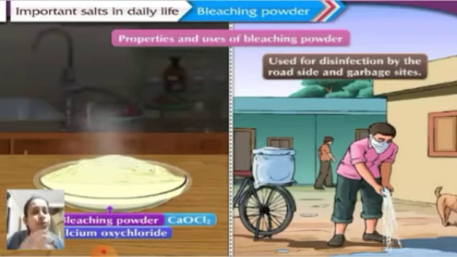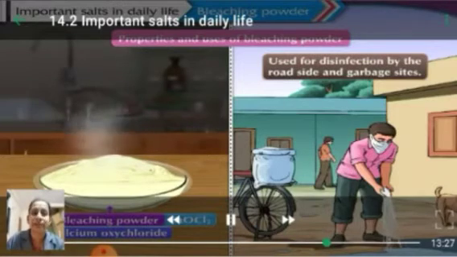That is why whenever you go to a swimming pool, you will get the odor of chlorine gas. Even after the rainy season, when you get the municipality water from the tap, you will get a strong odor of chlorine. It's because chlorine is a very good agent for killing microorganisms, and therefore for disinfecting. Therefore it is not only used at the water works or in the swimming pool, but even for the disinfection of the roadside and the garbage sites.